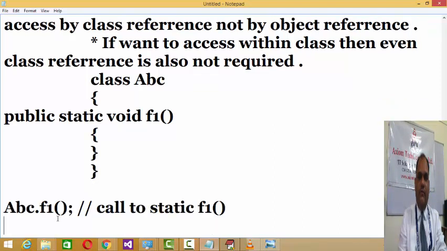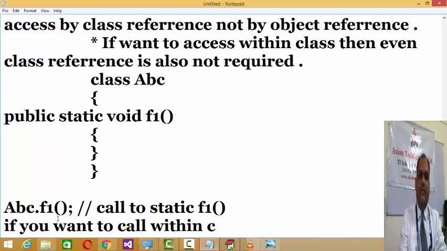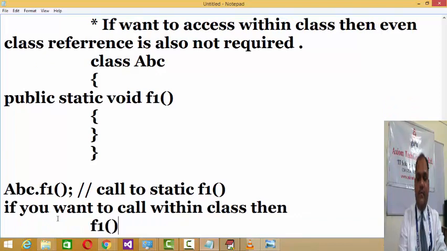And if you want to call it within the class, then you can directly refer to it like this, f1. This is a call to static f1 within the class.